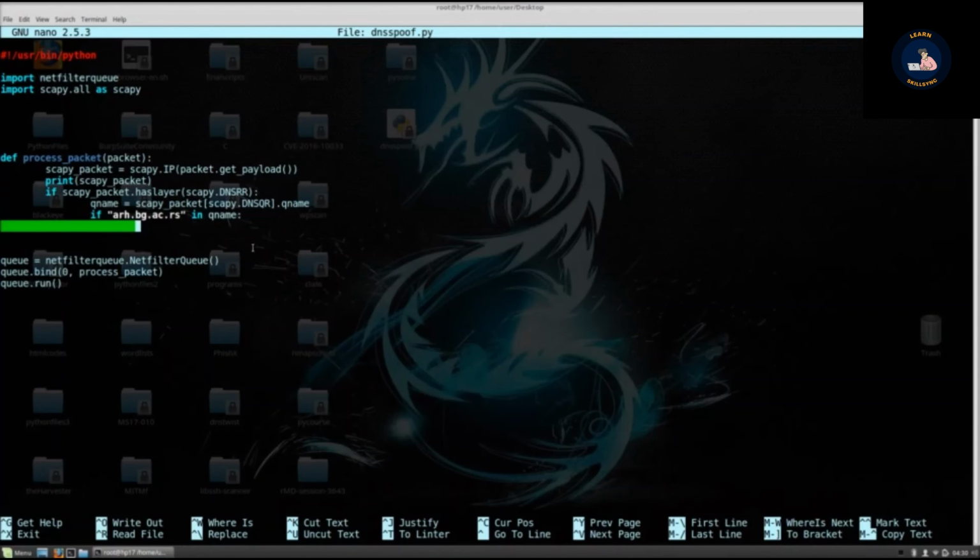But we want to actually change the answer from that website and change the query name to be the IP address that we want to redirect them to. So we will make a variable called answer, and that answer will equal scapy.DNSRR, which stands for the response, and the rrname, which is a field in the DNS response, will be equal to qname,